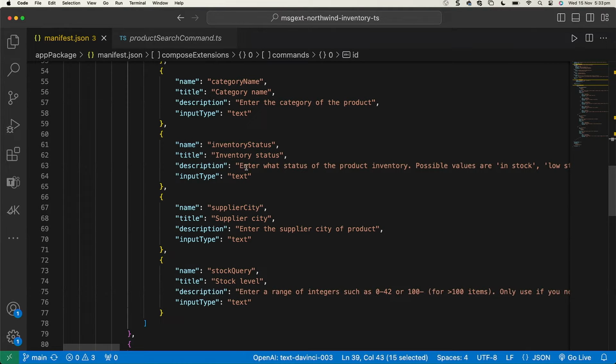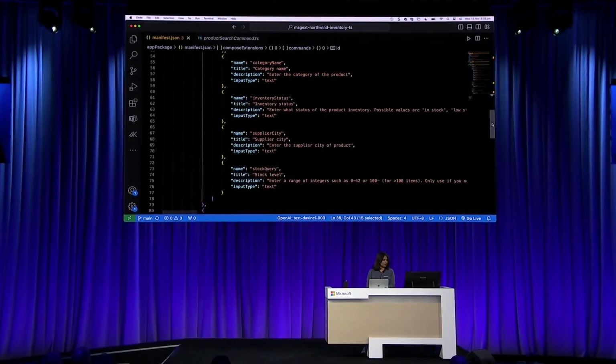And you'll see that we're even giving hints to Copilot as to what possible values we would get. So if your prompt has something like, get me stock for chai, if it's about 50K units or something, it would know how to process that information. So you can give all that in the description. So this is how it works now.